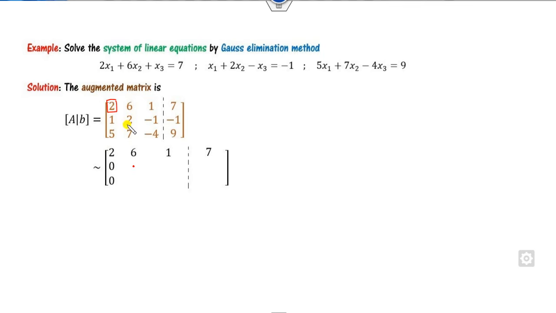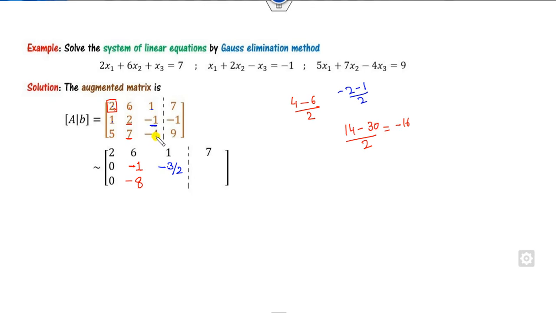This value, previous value is my 2, so it will be 4 minus 6 divided by box element, so it will be minus 1. Look at this value, previous value is 7, box element, other values are 6 and 5. So what is the answer? 14 minus 30 divided by box element. So it's minus 16 divided by 2, is minus 8. Look at this value. Look at the box element. The other two values are 1 and 1. So minus 2 minus 1 divided by 2, minus 3 over 2.